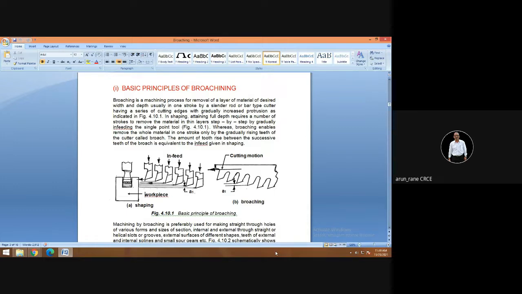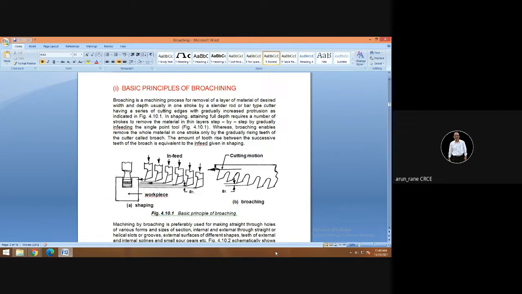So again, another constraint is the reamer goes in feed while cutting, and while retracting also it returns in feed. You cannot retract the reamer rapidly, because if you retract the reamer rapidly, then it will spoil the finish of the hole. So obviously the machining time will increase.